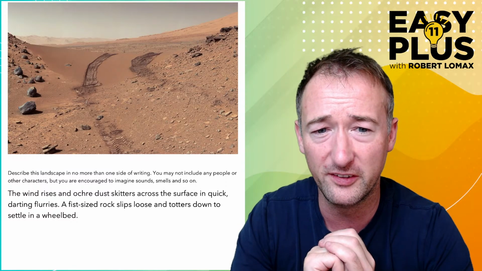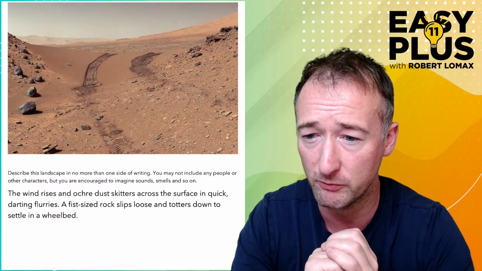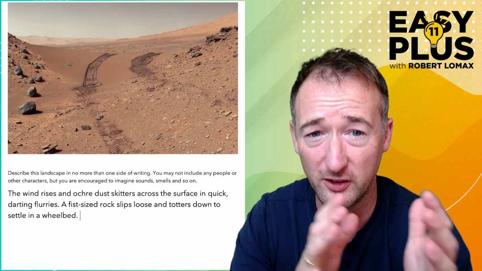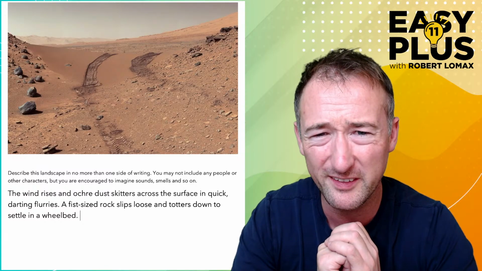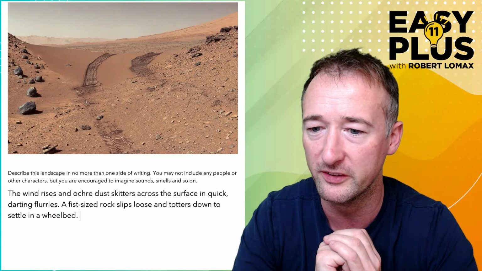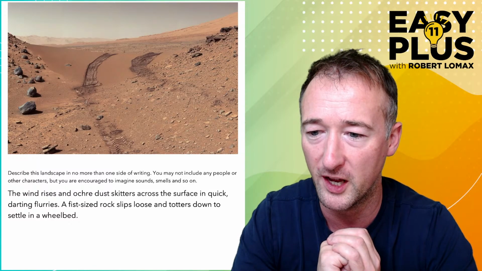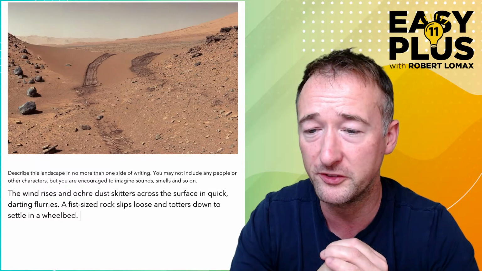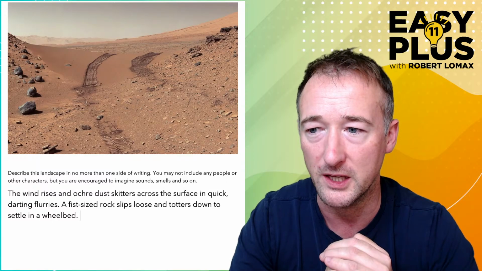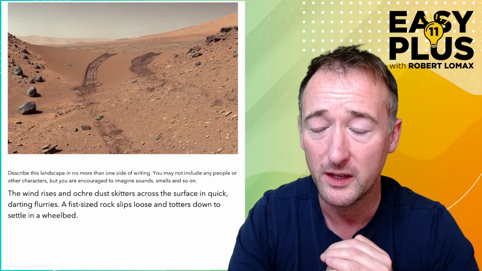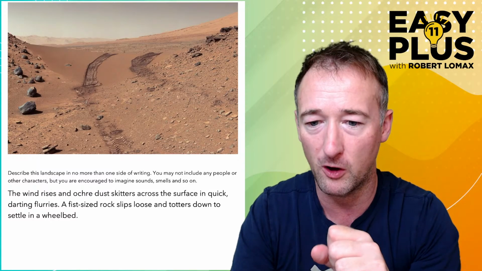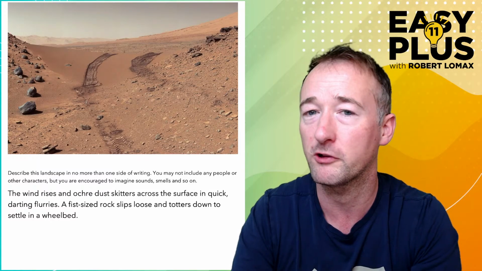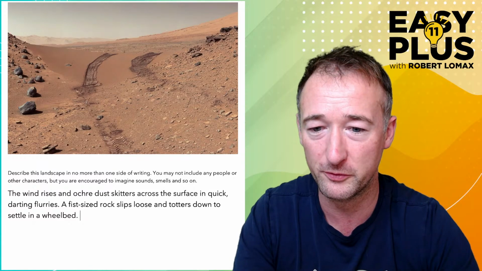The second sentence here does sort of develop the first. The first one mentions the wind, and then by implication, it's that movement of the wind that might be making the rock come loose, but it isn't a very obvious development. What can we do with this? The rock slips loose and totters down to settle in a wheel bed. What does it do there? Well, it sits there, but before that, I reckon that a fist-sized rock might wobble to and fro. Before we spoke about tottering down the slope,